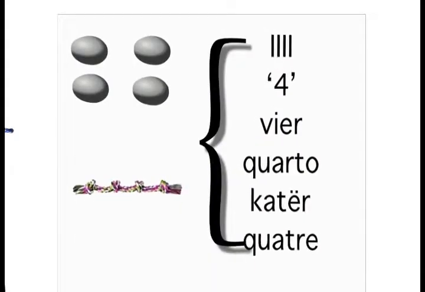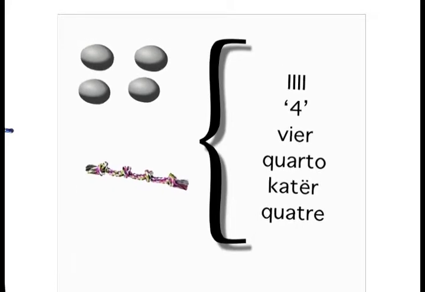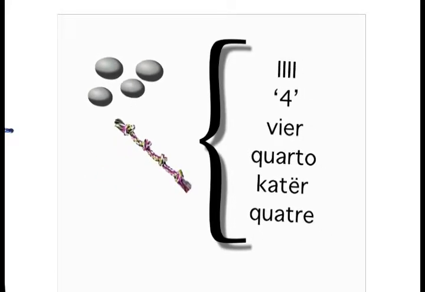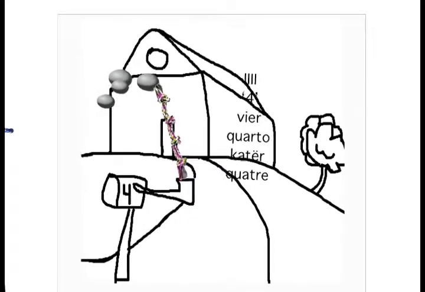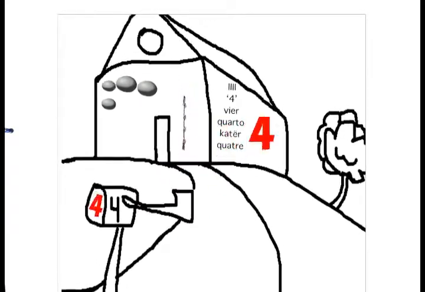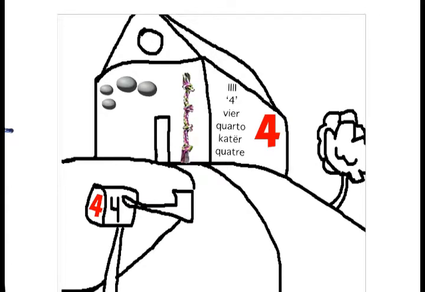4 knots, 4 pebbles, 4 whatever. The word 4, in fact. All of these are avatars of this. So it's as though everybody lives in this house called the House of 4. And on the mailbox is the big number 4. We use the symbol 4. But inside that house is an infinite number of things, even maybe a rope with 4 knots in it, plus all the other symbols, plus 8 over 2, plus the integral between 0 and 4, dx. All of those are avatars, and they're the same thing as